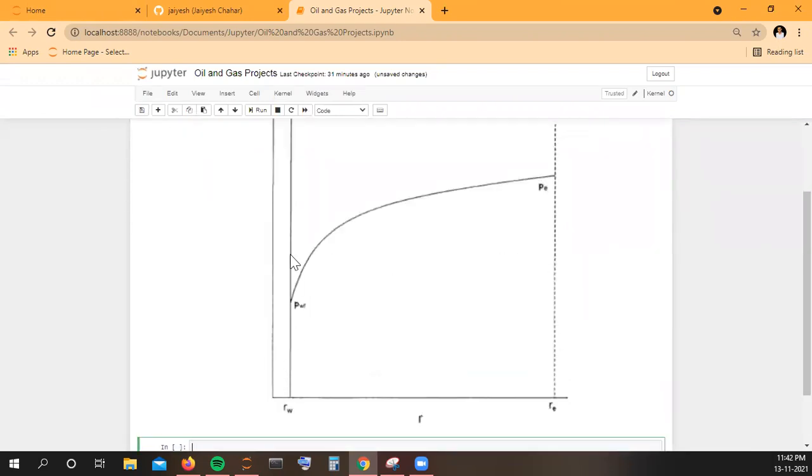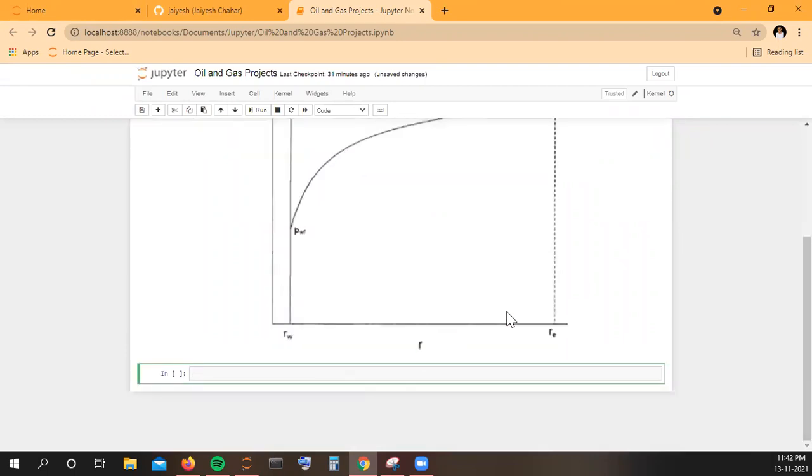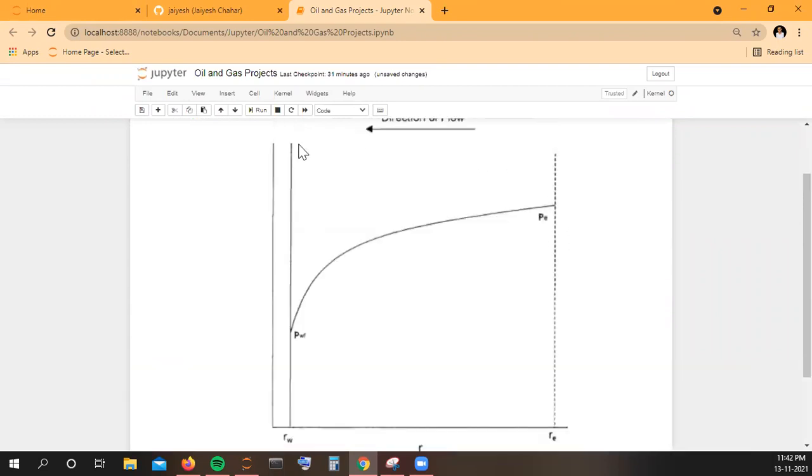This RW is my wellbore, and this RE is the external radius of the reservoir. We are seeing only one direction. It will be a circular reservoir, so it is going to be a funnel shape.